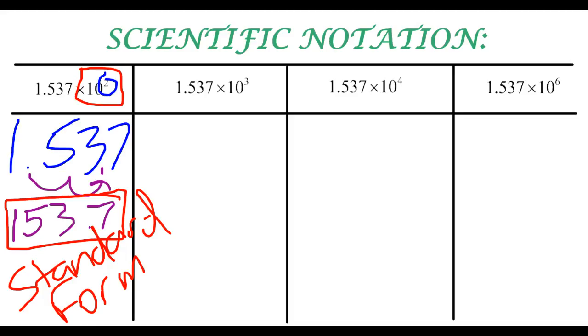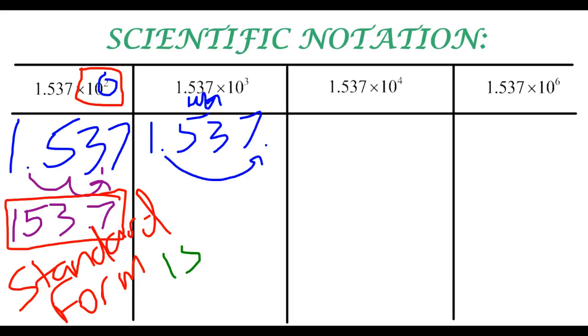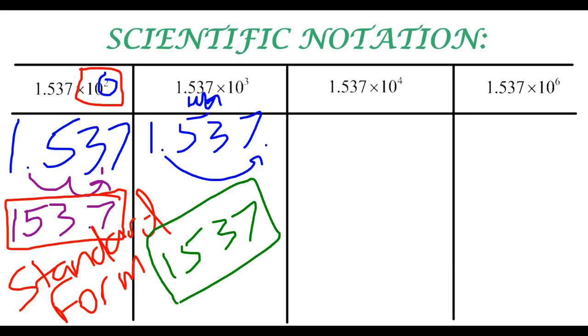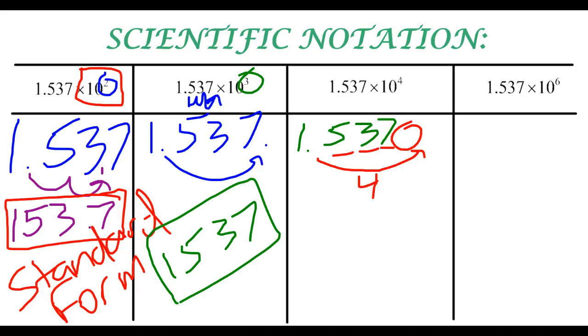Now, we have the same number, 1.537 times 10 to the third. If we multiply by 10 3 times, we move our decimal point 1, 2, 3 places, which moves all the way to the end of the number, so we end up with 1,537 for 1.537 times 10 to the third. Again, start with the decimal point, move it that number of places. Now for 1.537 times 10 to the fourth, we need to move our decimal point 4 places, but we only have 3 digits, so we need to add a 0 to the end, and we get